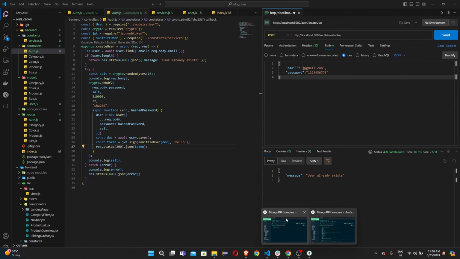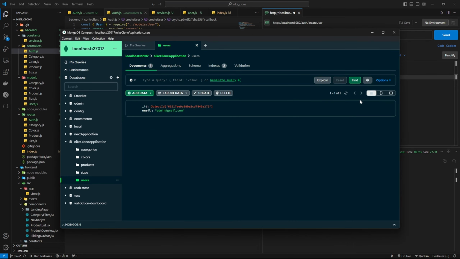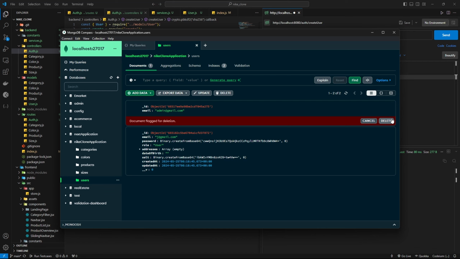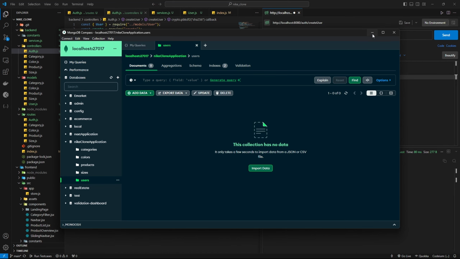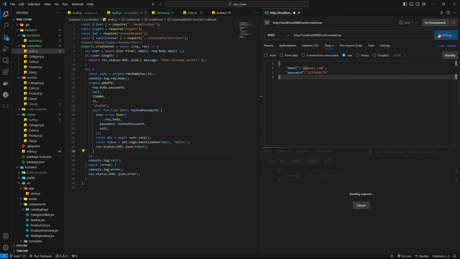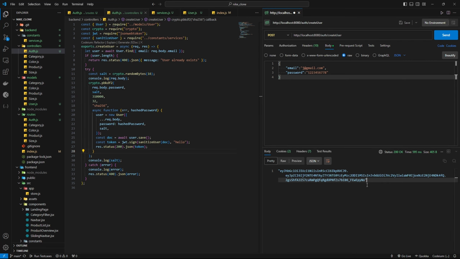Okay, we need to delete the user first. So let's delete him once again. Or not this one actually. This one. Yeah. So we have deleted the user, and now let's check. So as you can see, this is our JWT token, and now we are going to set it as a cookie in our front end. But before that,